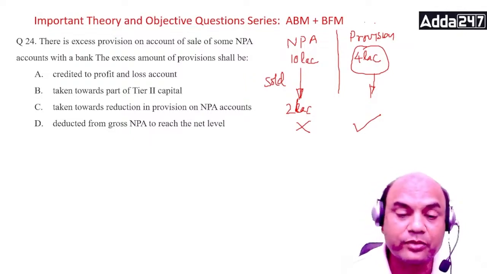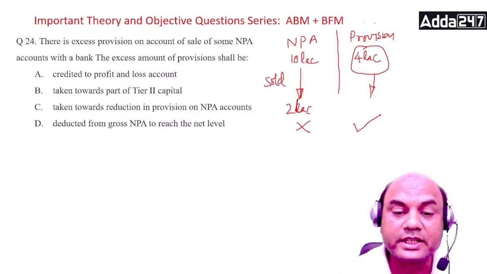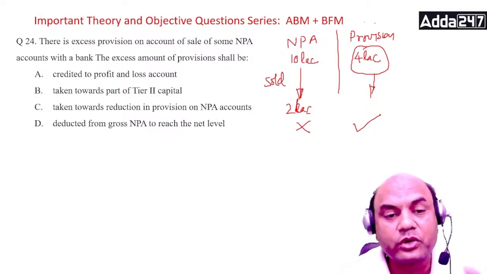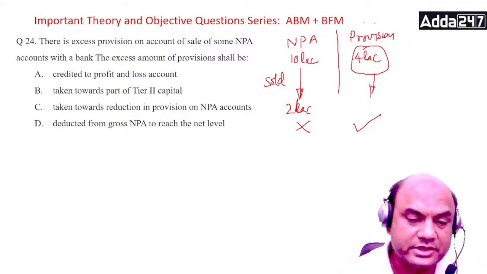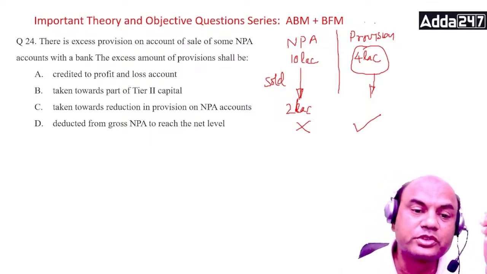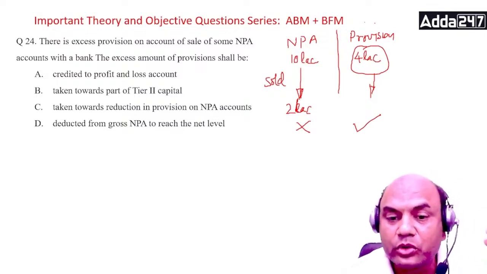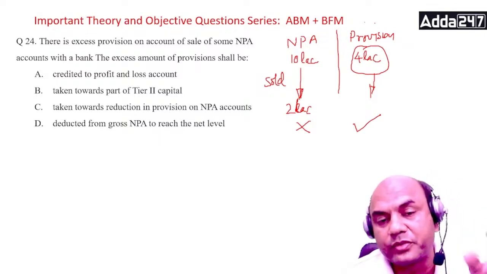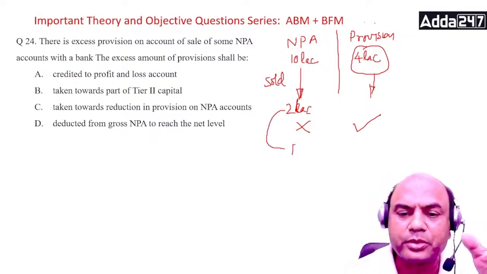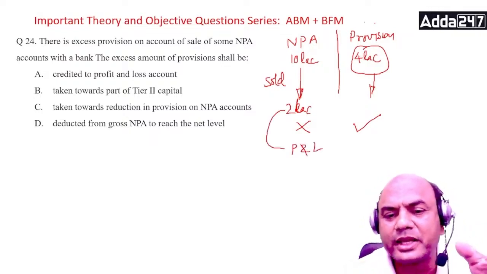Now this is really difficult one. What should I do with the excess provision? This excess 4 lakh, what should I do with it? Everyone, kindly check yourself. This is available in the books also. So what should we do with this amount 2 lakh, which you have received? You'll simply put it to P&L. That's okay, because after all that's my income, isn't it?